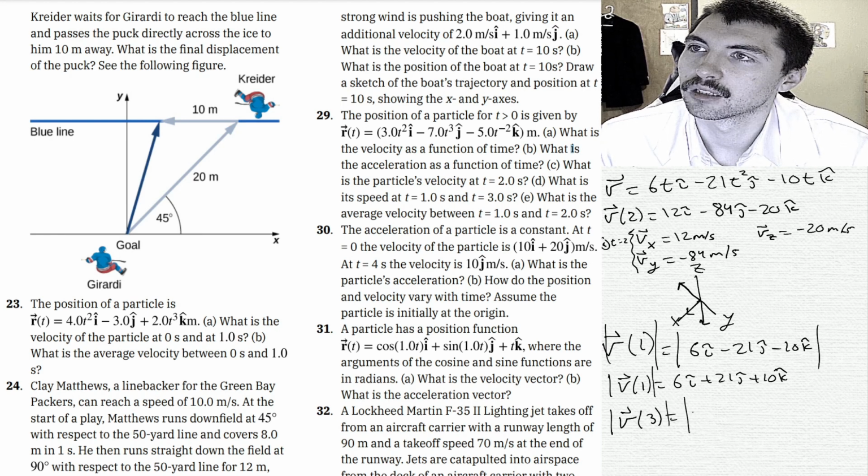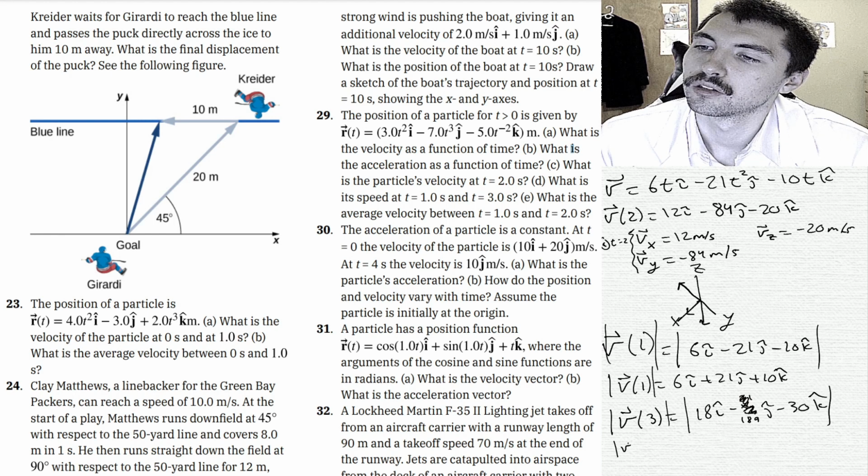6 times 3, 18. 3 squared is 9 times 21. Okay, minus 189 j minus 30 k. Okay. So the speed